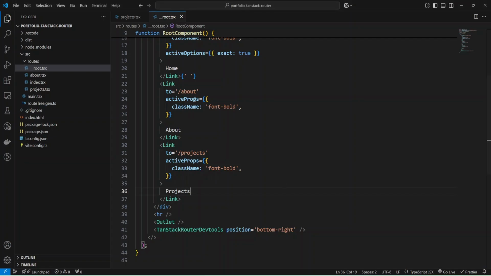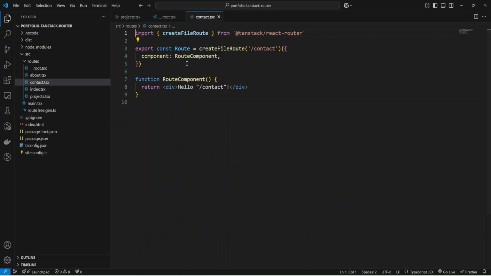And let me add one more route, and I'm going to add a new file and add contact TypeScript component, and also will rename it to ContactComponent and provide the name here. And I can change some content.